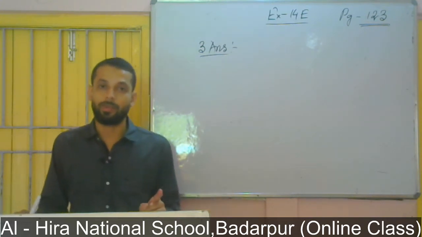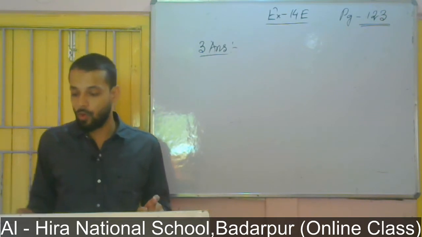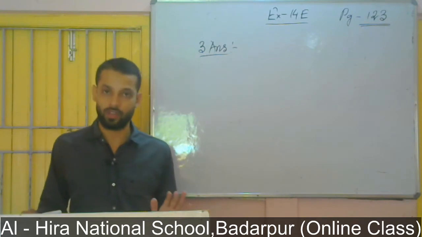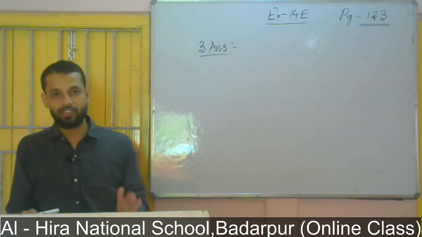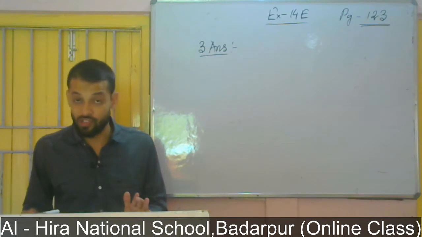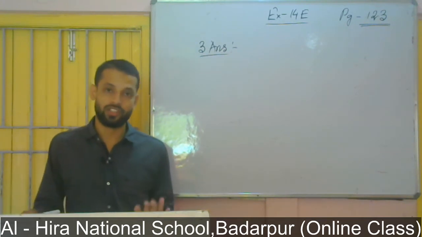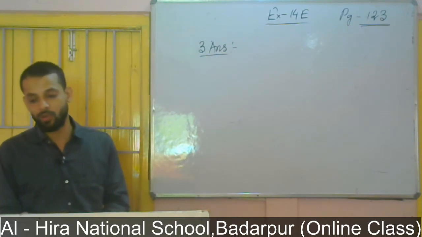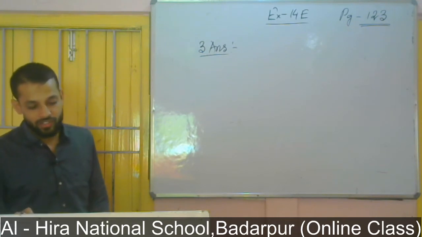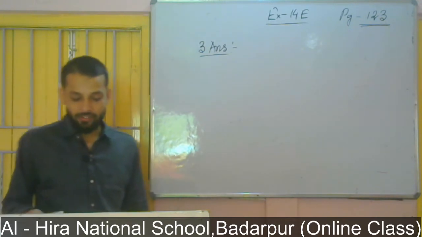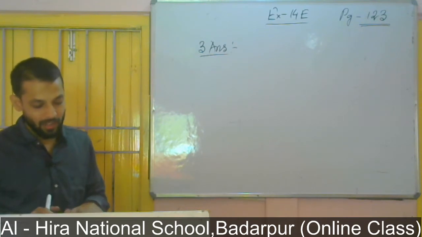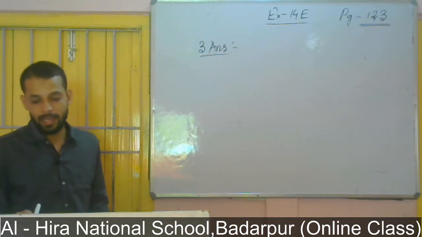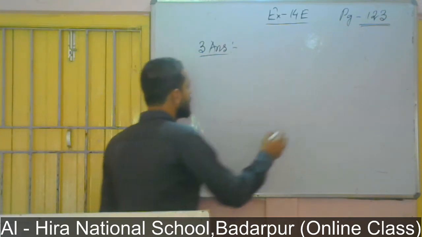If the price of 1 pastry equals rupees 15, then the price of 6 pastries will be more. Yes or no? So in this case, we have to multiply. We have to multiply 15 by 6. After multiplying 15 by 6, we will find the amount of money he paid.